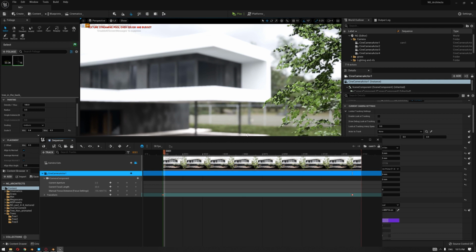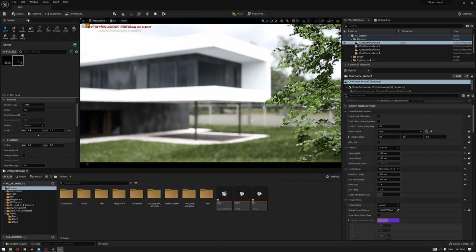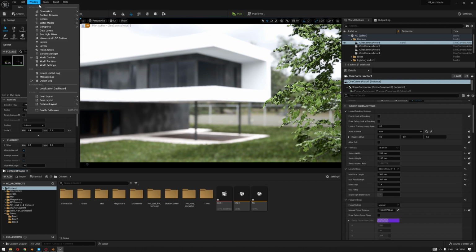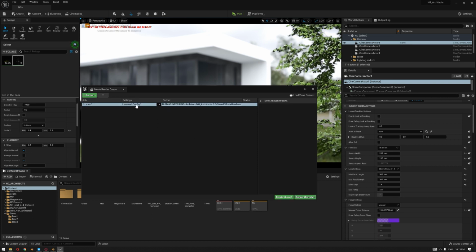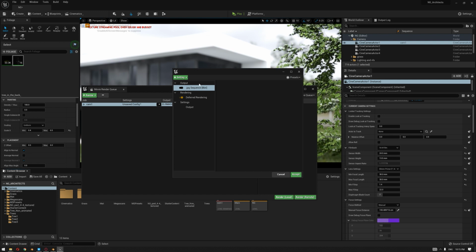So previously we were using the render sequencer to produce the images or the videos, but now inside Unreal Engine there's a better option where you can use also the cinematic movie render queue. So I'm gonna add the cam 1, and let's click on the settings.